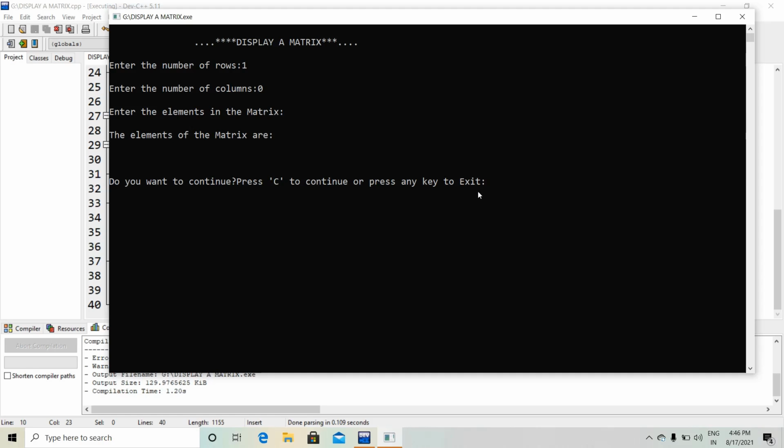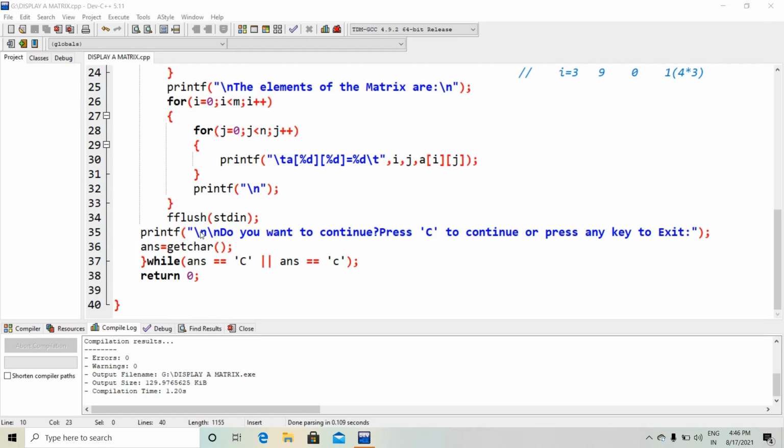But I am taking an input, suppose t. Then you can see here, process executed after a second with return value 0, press any key to continue. That means I will be locked out from the output screen.